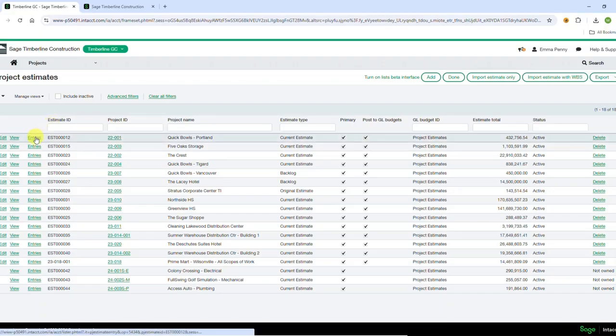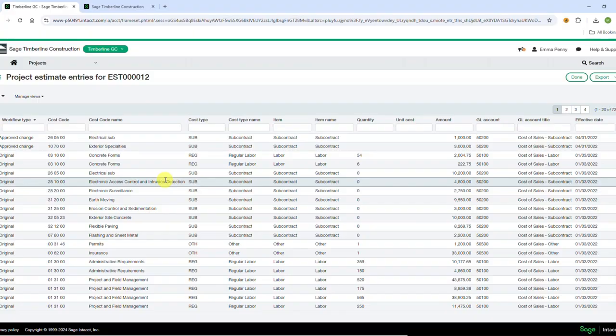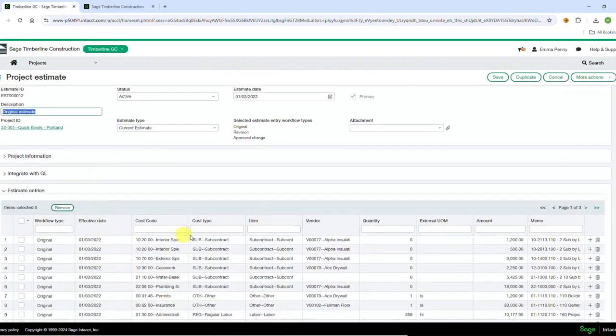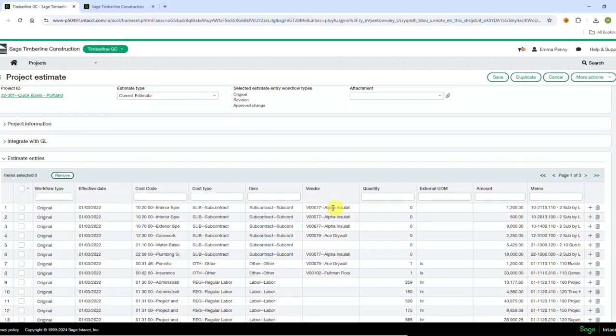So if we looked at the entries for this particular project, we would be able to see that a cost code is assigned, a cost type is assigned, and then also within each one of these, a vendor is also assigned. So if we go back into edit the actual estimate and we look here, we notice that a vendor is also assigned to each line. And there are different vendors for different lines. And this is how we would be able to single out all the alpha installations, for example, be able to produce one subcontract to alpha based on this estimate. So your estimate has to be set up appropriately with cost code, cost type, and vendor in order to make